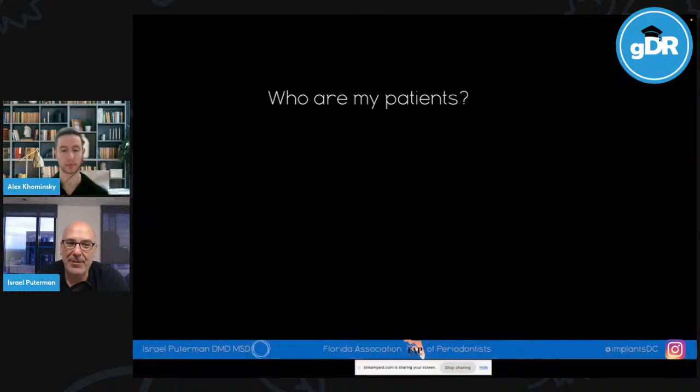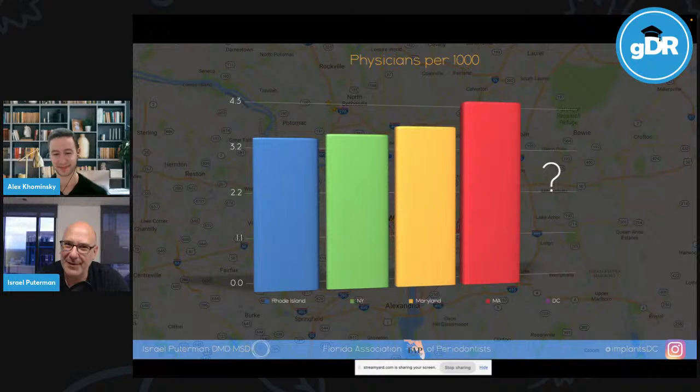So who are my patients? Well, who are the worst patients that you can think of? Personally, for me, right up there, they're physicians. The NIH, National Institutes of Health, is about 3 miles up the road. And there's a huge number of physicians per capita in the US. And if you look at different states of how many physicians per capita there are, if you can guess, there's no polling option that I have right now, but if you can guess in your head the number of physicians per capita in the DC area,